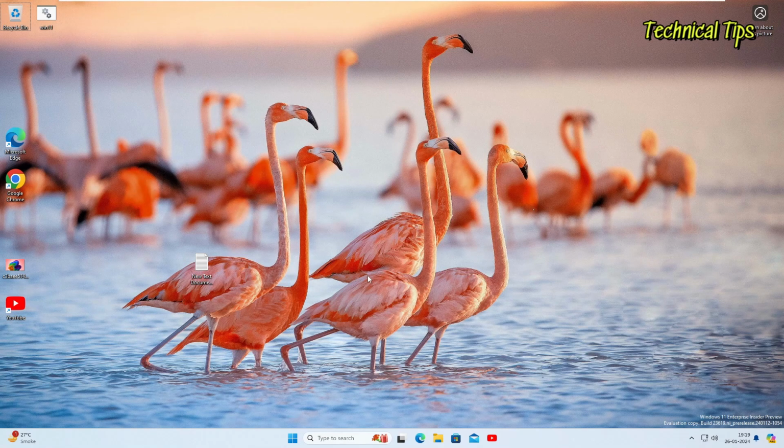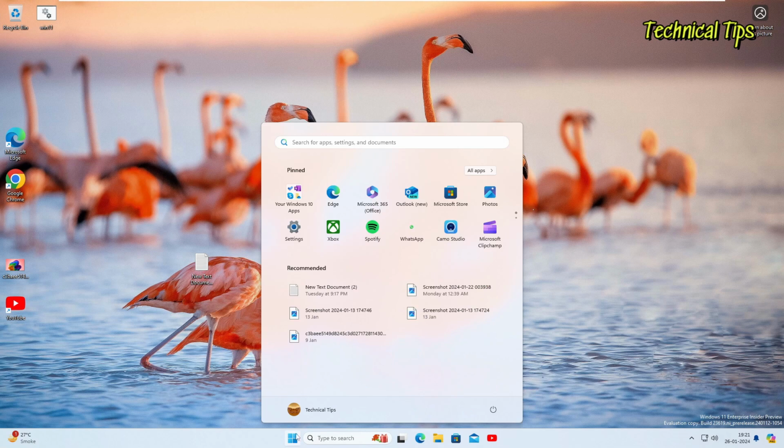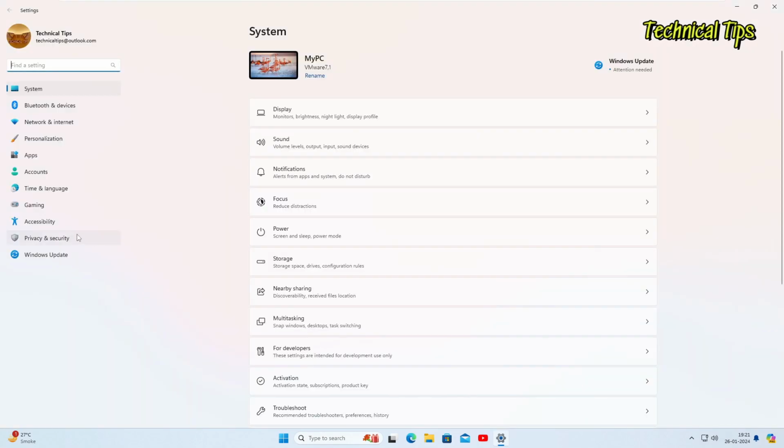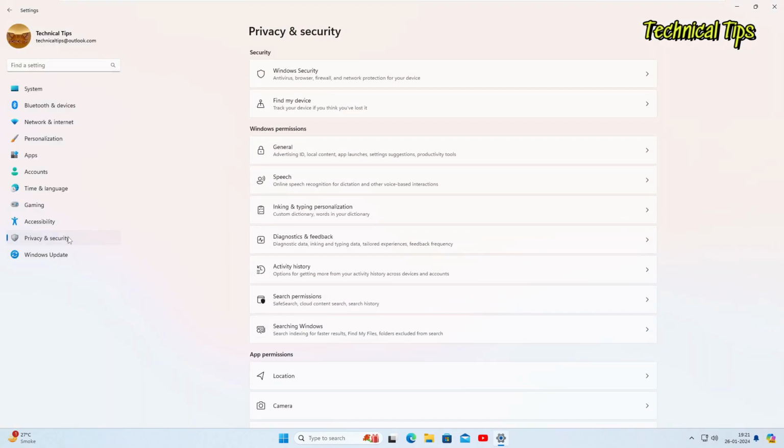In today's video, we will learn how you can disable Windows Defender, which is an inbuilt security in Windows 11. In order to do that, first we will have to make some changes in security settings. So let's click on Start and then click on Settings. Then click on Privacy and Security. Then Windows Security,